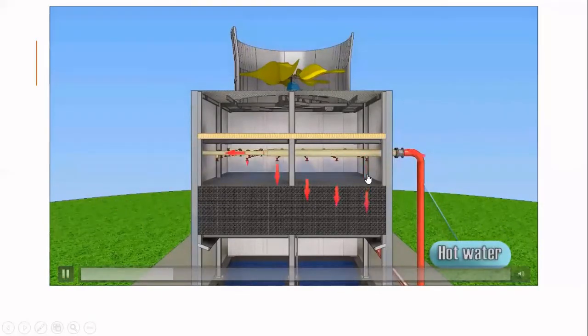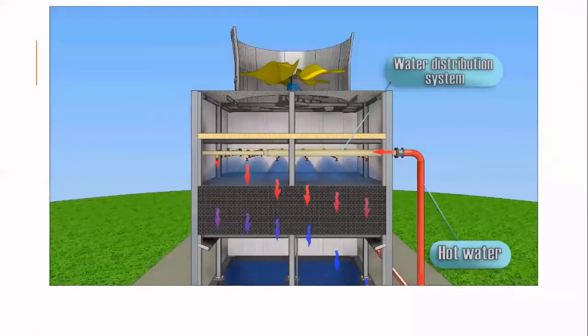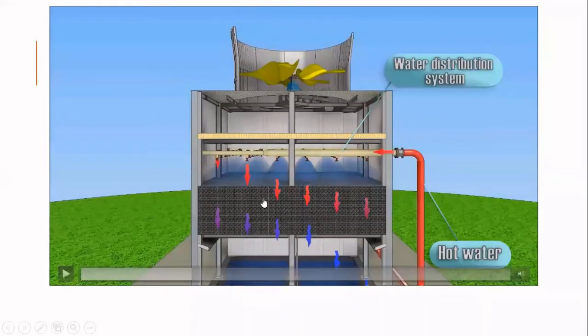So hot water is coming through the pipe. It is passing through the white pipe, and it is being distributed. It is being sprayed over the surface, and this surface is called water fill. Now this might be some honeycomb structure or a structure which is causing seepage of water. Water will not be traveling very fast. Water will be traveling very slowly through this particular surface. Also, it is highly porous, so that air can pass from the bottom.